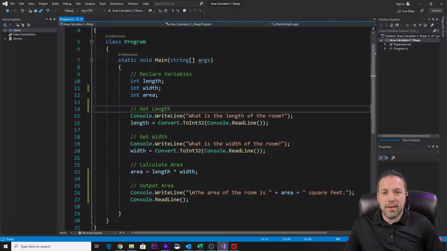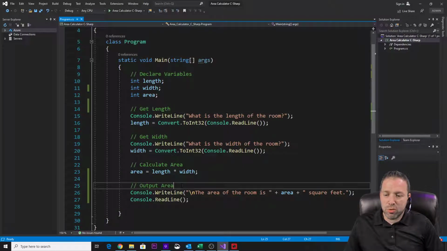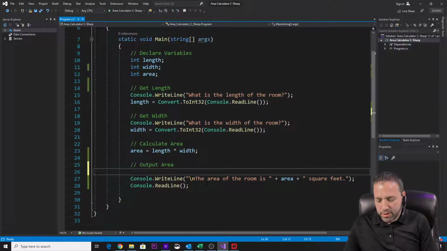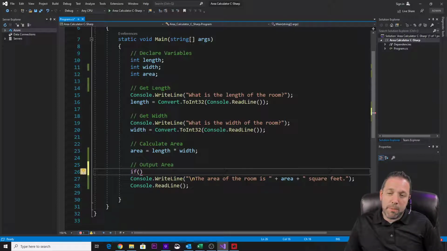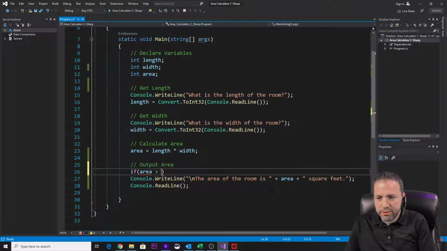Now, I want to make this application smart. So what I'm going to do here is write in C Sharp what we call an if statement. This is literally what we're talking about in the week 3 discussions where we talk about branching. We talk about conditions. Some of you have already made posts about what Boolean expressions are. So all of those apply right here. This is why our conversation this week is so important, because this is how we make our code smart. So I'm going to say if, and then in parentheses, I'm going to put that expression or that condition that we're going to evaluate. So I'm going to say if area is greater than 100,